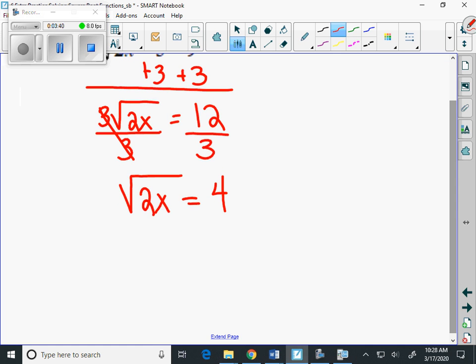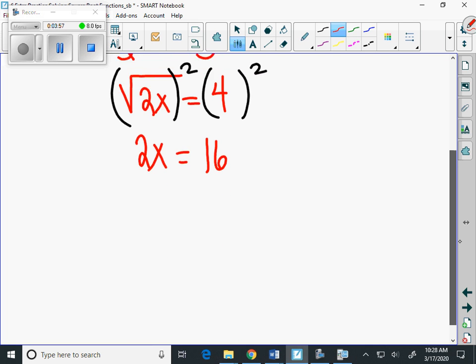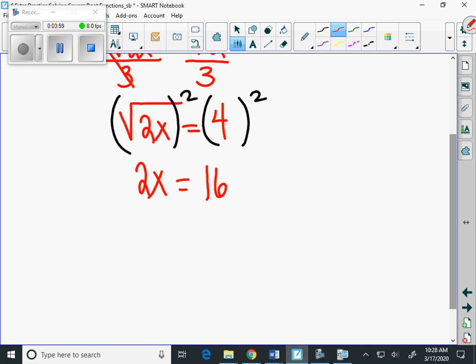And then what's going to happen is now that we have the square root isolated, we can square both sides. Well, square rooting and squaring cancel each other out. We get 2x. 4 squared is 16. If you're ever in doubt, just use your calculator to type it in. And then we can finish by dividing both sides by 2. And I say finish because that's going to give us a solution to x, but the question is that solution